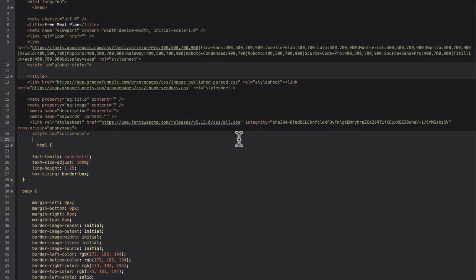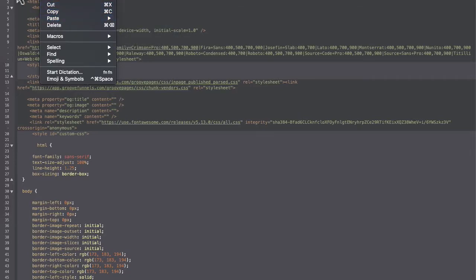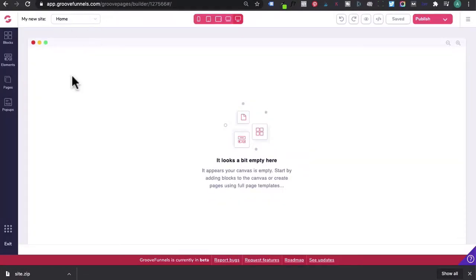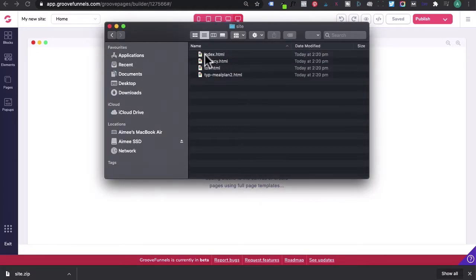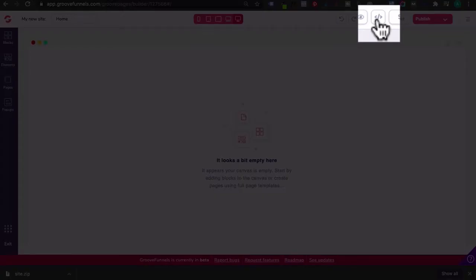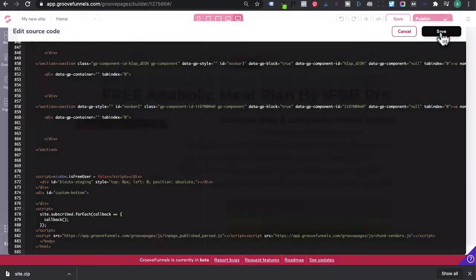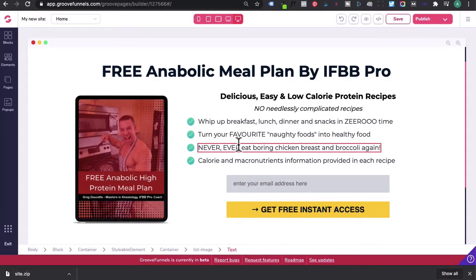That's the index file, so I'll just highlight all of this, copy, or you can go to edit and copy here. Close out of that, and then I'm going to open up a new site and select blank template. Since this is the home page, it will be the index, and that's where we want to place it. So just to double check, click on downloads, and that's the index file that you want to be on the home page. We're going to click on this button, which is the source code, and then paste all of that in and click save. And there you go, it's already appeared. That was really simple. You just get the code and paste it in. So you've got the landing page on the home page.